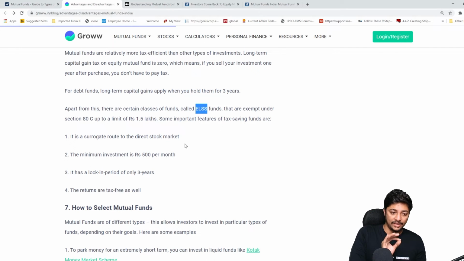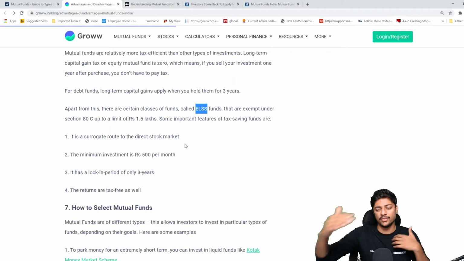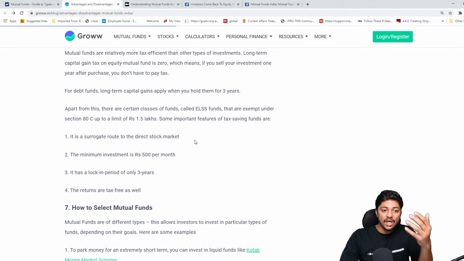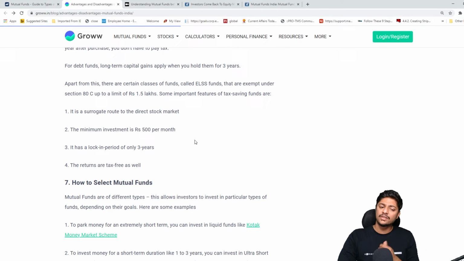So mine, I think it's been around 2.5 years or 2 years for my thing. It's already up by around 50% on a cumulative basis, right? 20% first year, 25% in the second year. So it's great. And I wouldn't get this kind of percent in the other schemes that are there. So I use ELSS a lot and I really like it. 3 years, it's okay, I'll wait.